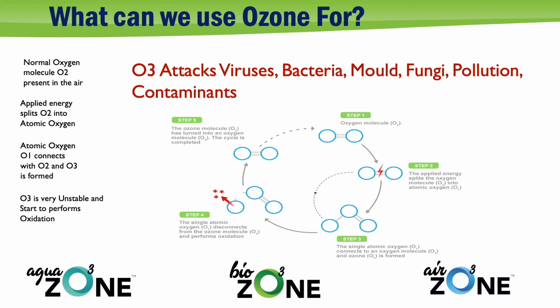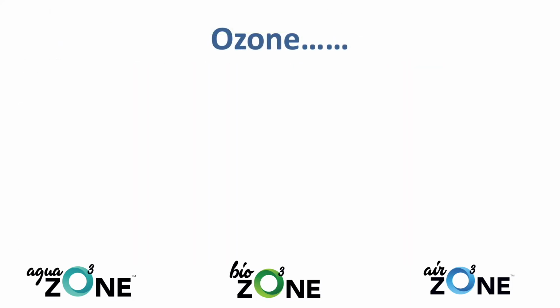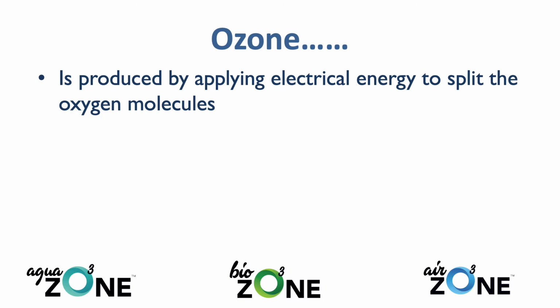This is very unstable and starts to perform its oxidation immediately, but after its oxidation is finished, it reverts back to oxygen almost immediately. So ozone is produced by applying electrical energy to split the oxygen molecules,